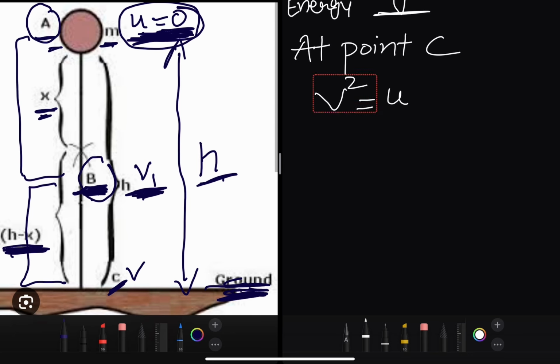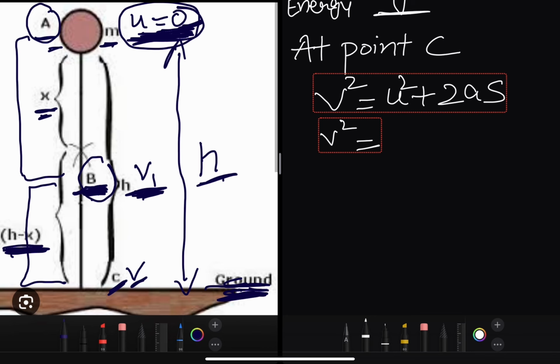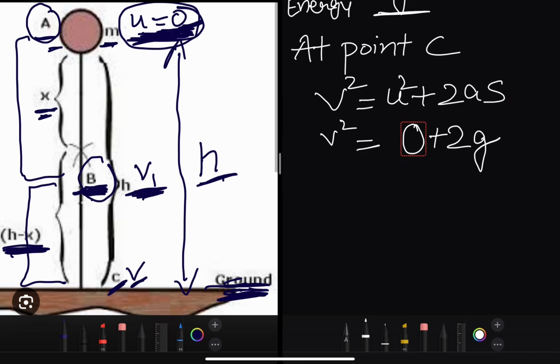V square is equal to U square plus 2as. What is the velocity at point C? V. So we will write here simply V. What is the initial velocity, children? 0. So it is 0. What is a? Acceleration due to gravity, replaced by g. What is s here? From A to C, the distance. Distance is what? h. This distance. So s is replaced by h. What did we get? V square